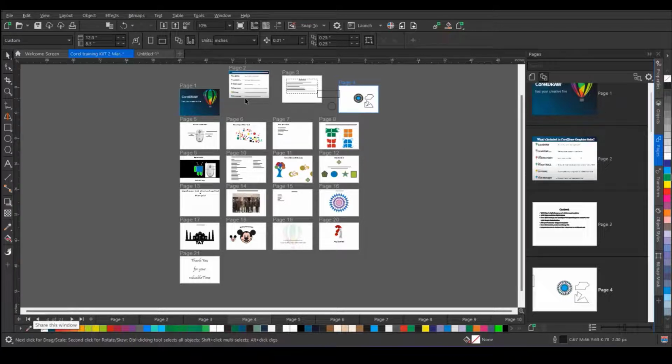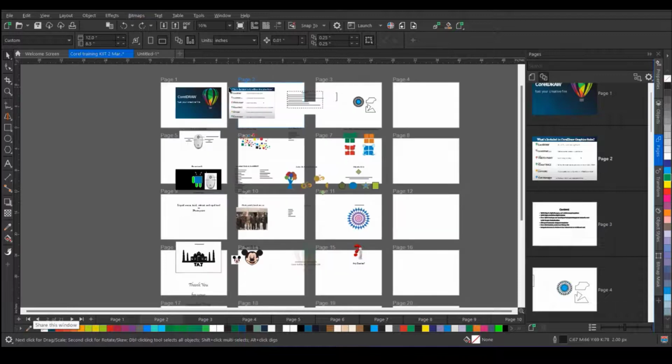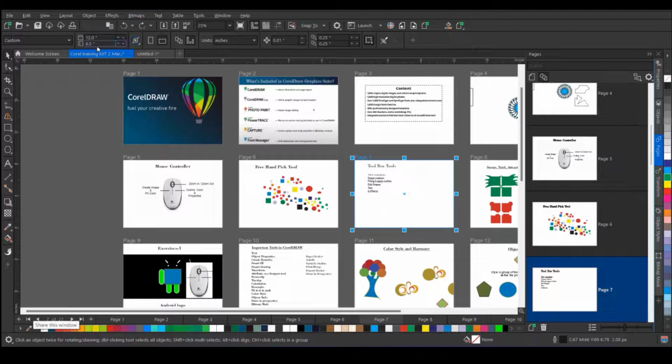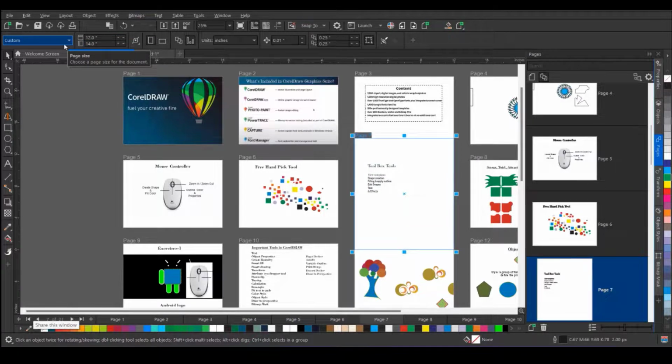Also, you can very easily change the page size. So currently the page size is fixed, but if you want to increase the page size of this particular page number 7, go to this option and now from here you can easily increase that page size, or you can vary the page size. Can you see? Automatically it has increased the page size of this particular page number. And if you want to make changes to